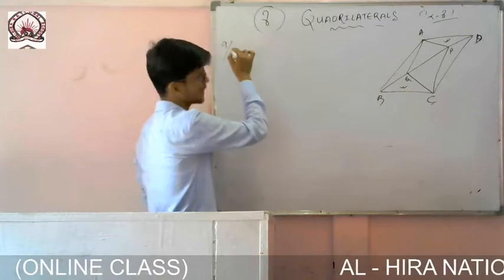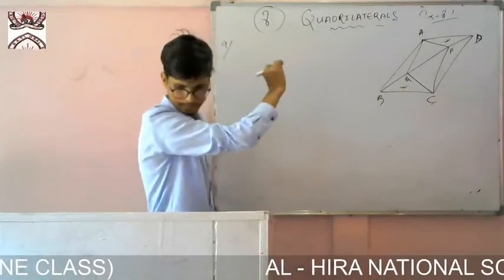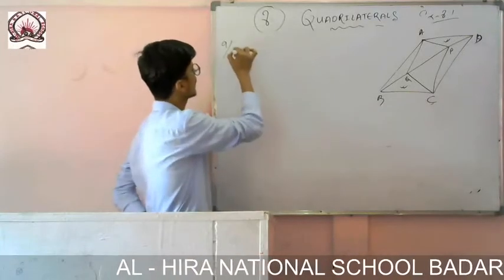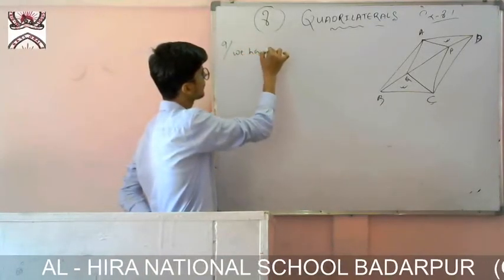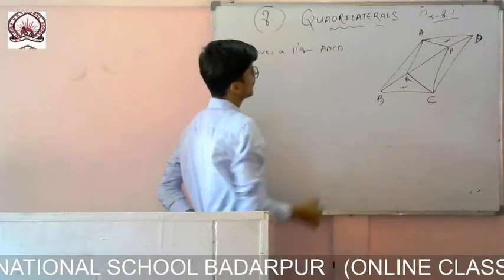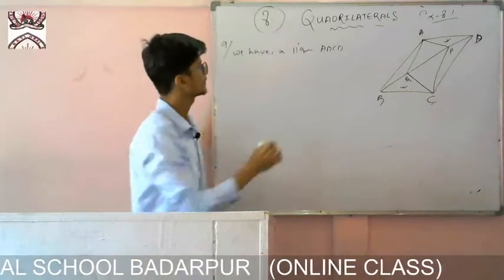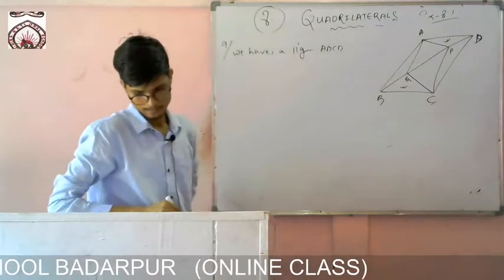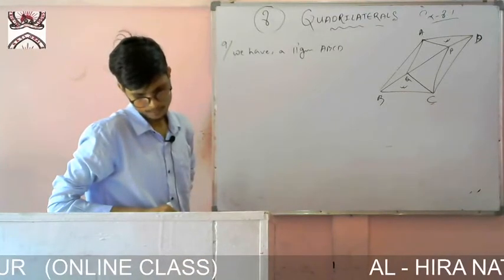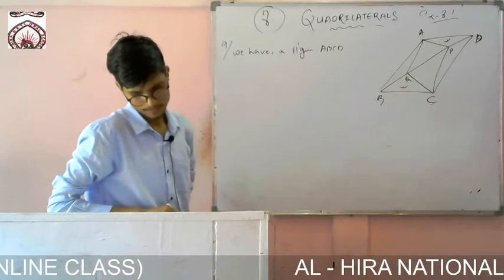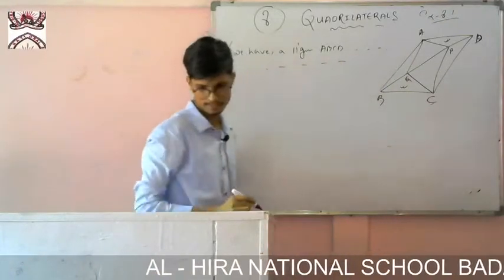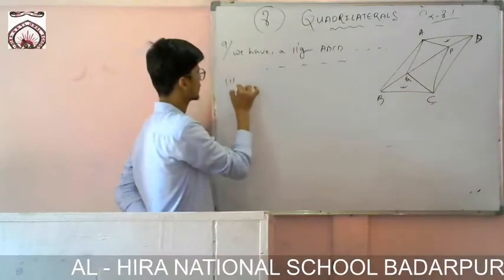So question number 9. What is given? That the parallelogram ABCD. So you write like this. We have a parallelogram ABCD, and what is given? And 2 points P and Q are taken on the diagonals BD and CD. So you write this one, 2 points. What is there in your book? You write it the same line. Let us move to the solution.